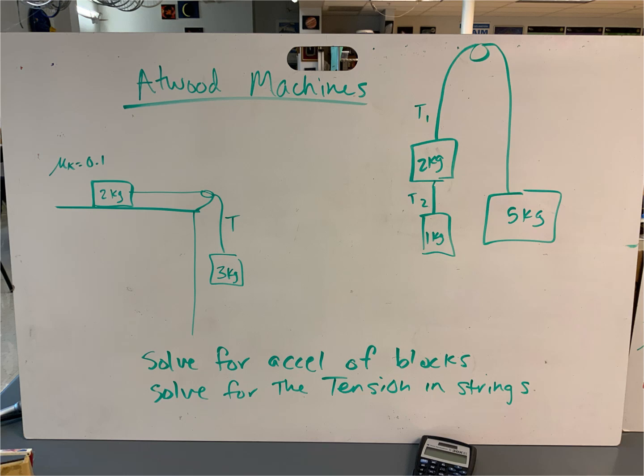Atwood machines are just a special type of compound mass system where you'll have pulleys and things connected by strings. And so they just kind of categorize anything that looks like this as an Atwood machine. Sometimes you'll have them just up and over a pulley like this. You could have multiple masses in here with multiple strings. You might have one on a table and one hanging off a table. But these are really all just versions of compound